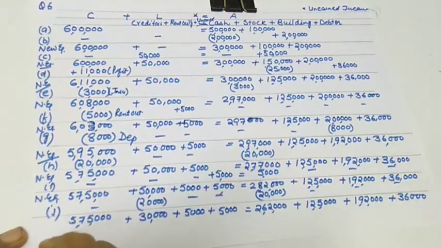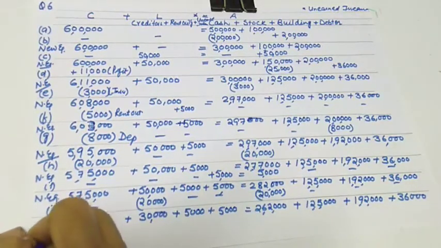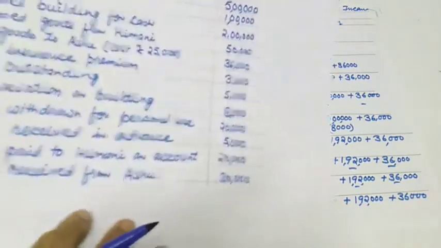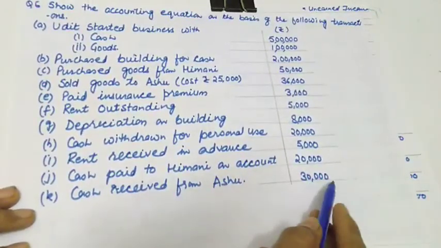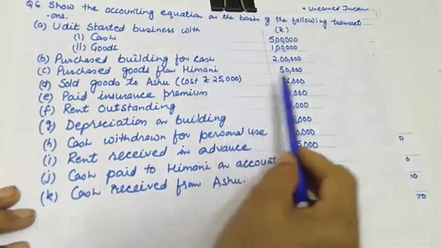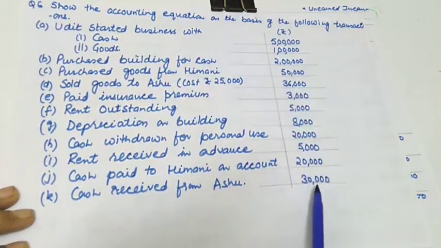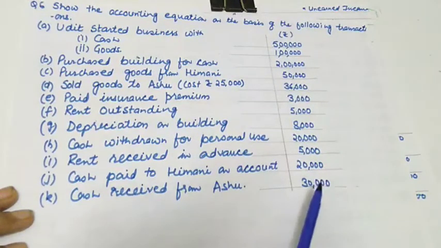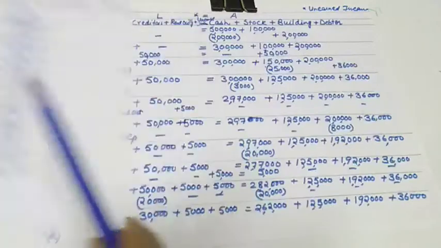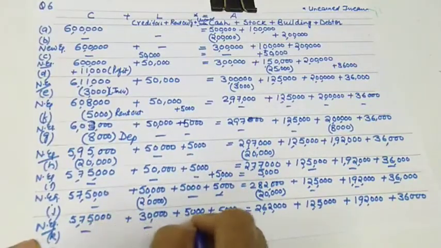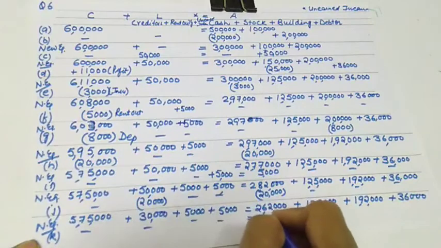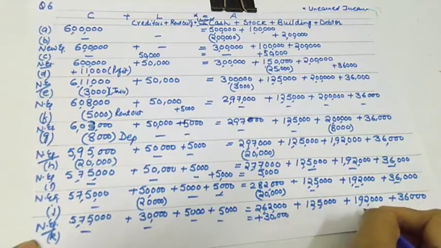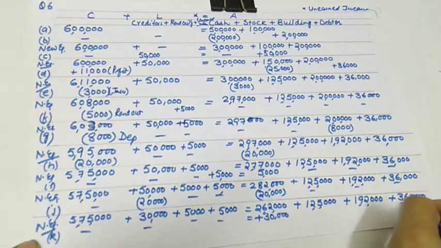36,000. Now the last transaction is transaction number K. This was my new equation. Every time you need to write this and try to present in this way only. Cash received from Ashu. So you are receiving cash. How much was due from Ashu? It was 36,000. Out of 36,000 you received 30,000. So this is cash received from debtor. So what will happen? Your cash will be added and debtor will reduce by 30,000. So no change on the liability side. Cash will increase by 30,000 and Ashu, your debtor, will reduce by